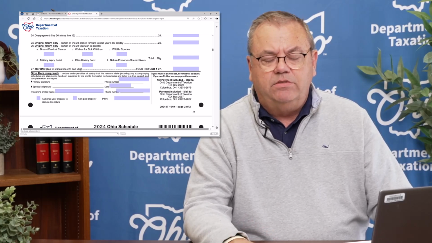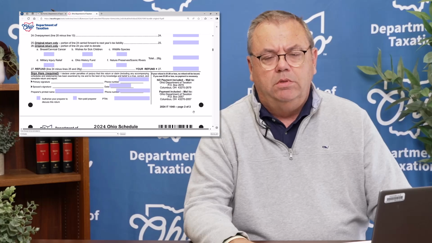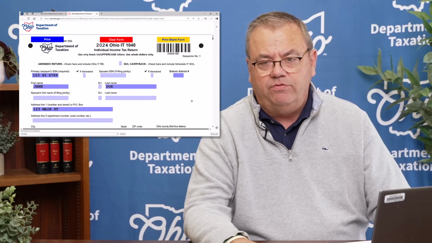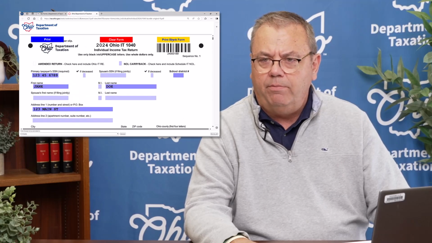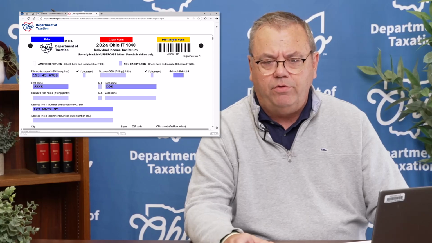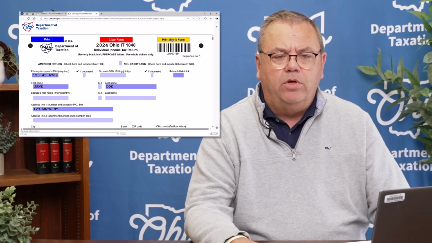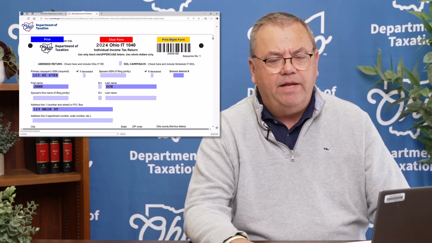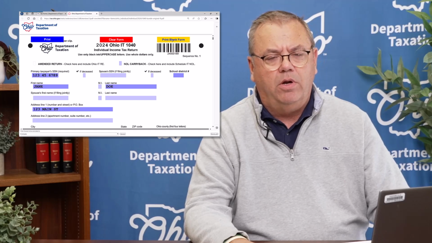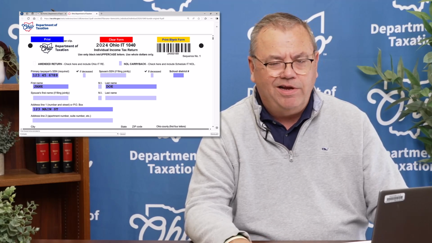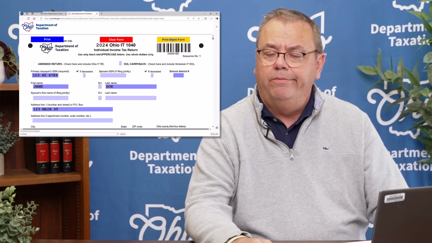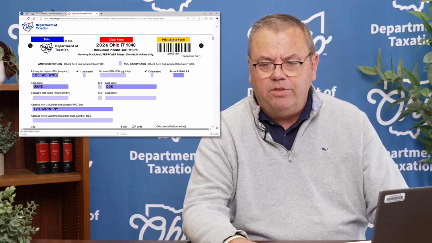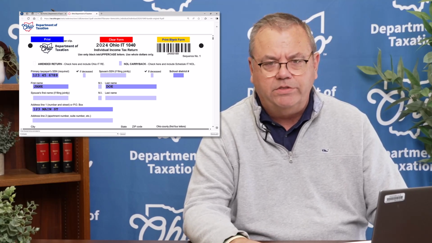In the case of this PDF fill-in version, we want to caution you on 2 things. Number 1, it will not make calculations for you. That's something you're going to have to do on your own and input on the particular line that you need. The other thing we want to caution you on is it does not have a save feature. If you need that, file your return with our OH Tax E-Services. There, it will do the calculations for you. It'll save it. You can come back to it. You can make adjustments to the return. You can amend the return once it's filed.